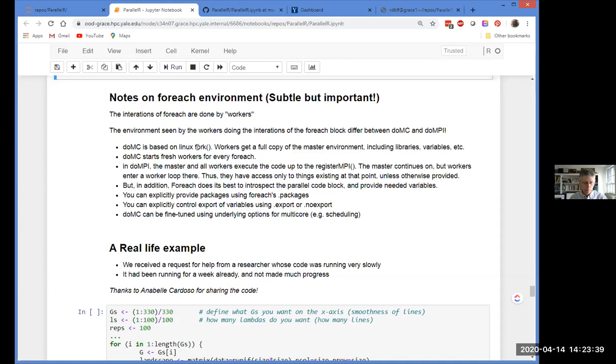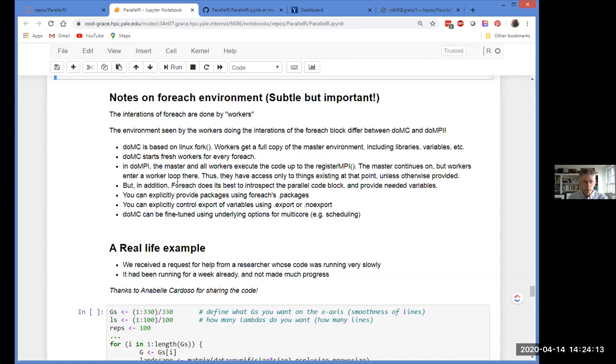So if there are multiple foreach blocks in your code, those workers will be used for iterations on multiple foreach blocks. Okay, so a little bit subtle. Mostly it works, but if something really strange happens, it's worth knowing that that's actually how it works. And I actually learned all that by talking to Steve. I did not find it written down anywhere.